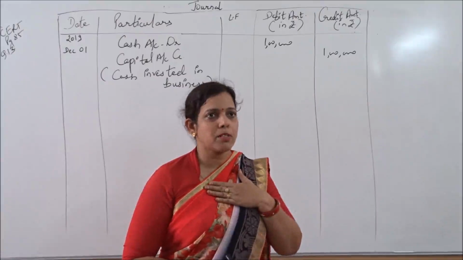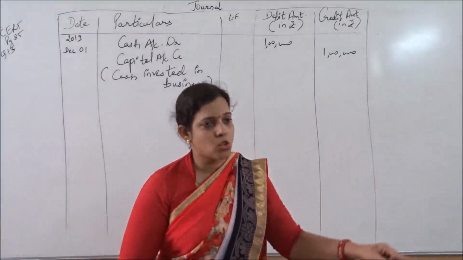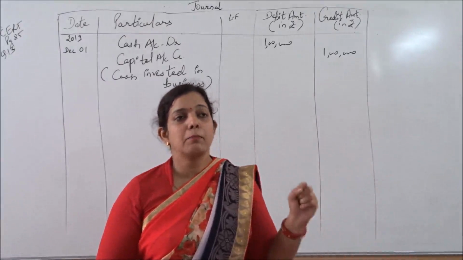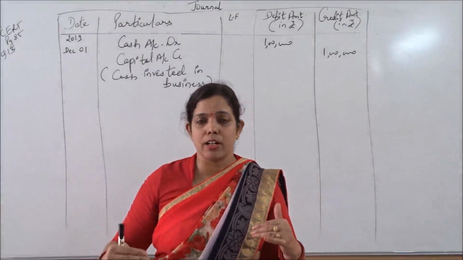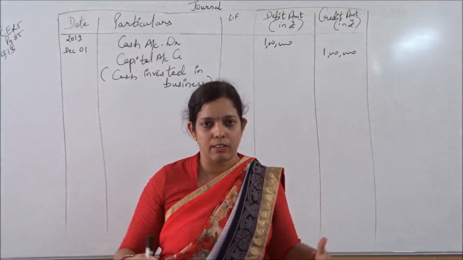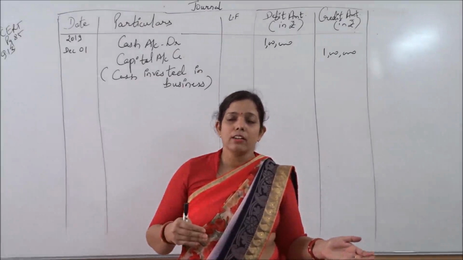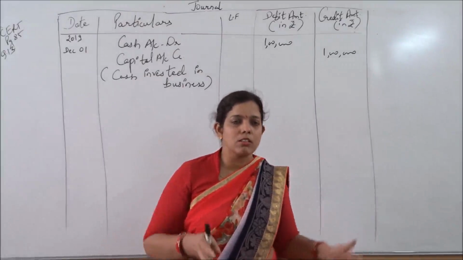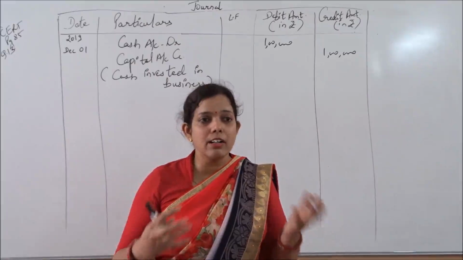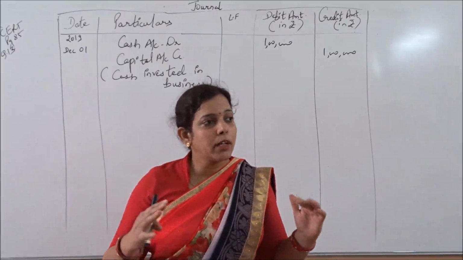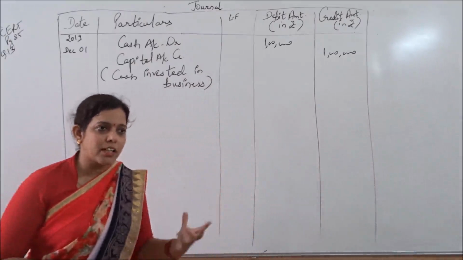Suppose I am doing some business. I have invested rupees 1 lakh in my business. It's liability of my shop. It's liability of the business. That business has to return me money along that 1 lakh which I have invested. Business will do the additions in that, right? And after adding the different, it will add various other incomes also, other reserves also, and it will increase that. And then whenever returns are required, then it will give me more returns than what I have invested. तो ये बिजनेस की जिम्मेदारी होती है.